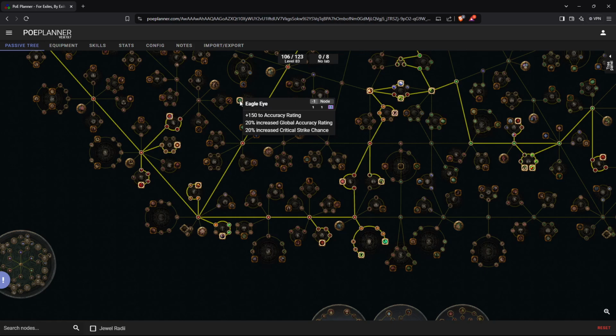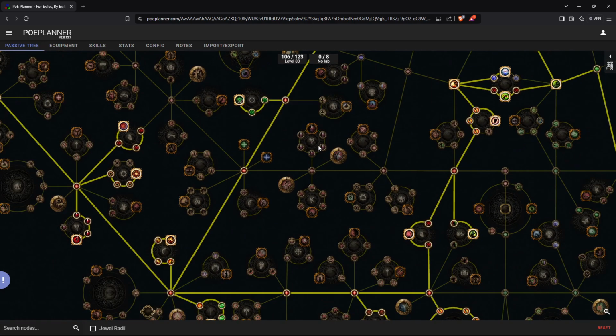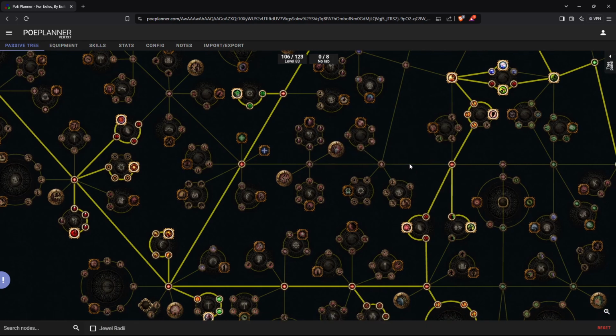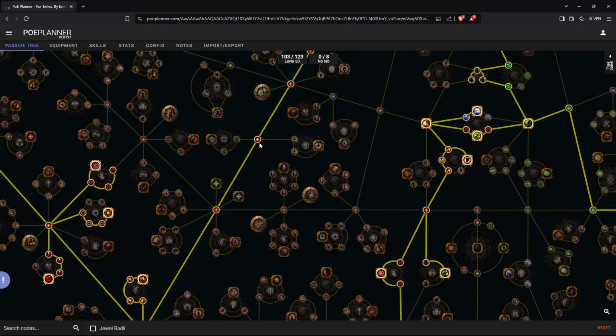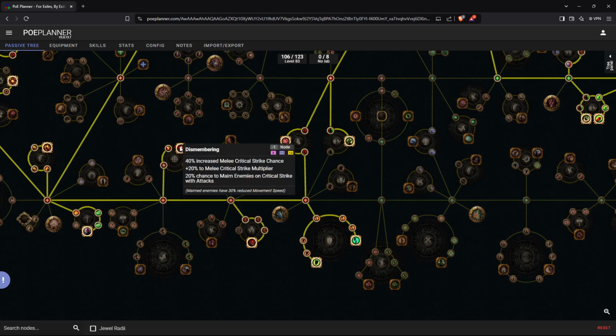I can click on this node, which gives you eagle eye, which gives you accuracy, some crit. I want to double down on anything I want to choose how else I play. I want my bleed to be stronger, I want my hit to be stronger, I want my block chance to be stronger, whatever else you want. You want a crit chance stronger, you can click here, dismembering, whatever else you want,